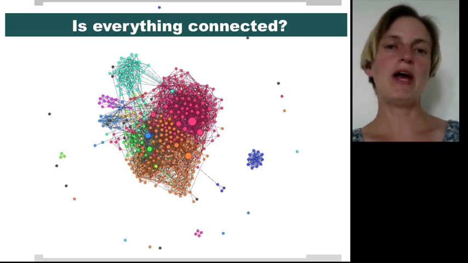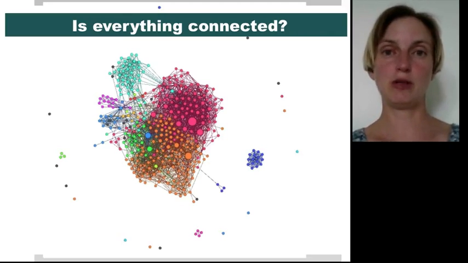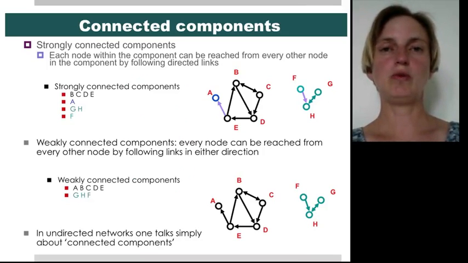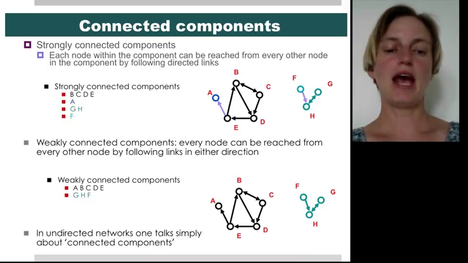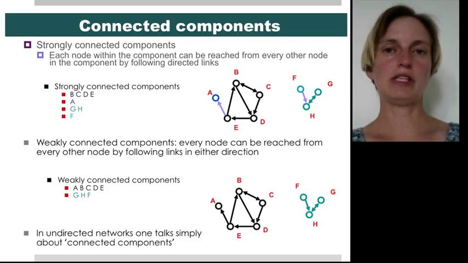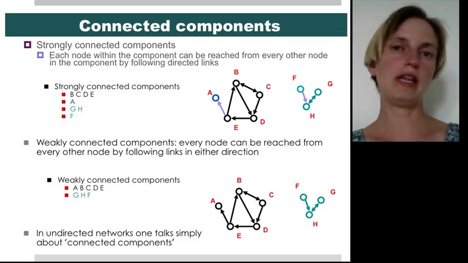We want to know, is everyone reachable from everyone else for the most part, or is the network so sparse that most people have no way of contacting each other through intermediaries? Again, we're going to pay attention to whether the edges are directed or not. And if you do pay attention to that, you can calculate the strongly connected components. The strongly connected components are ones such that you can reach any node from any other node in the network